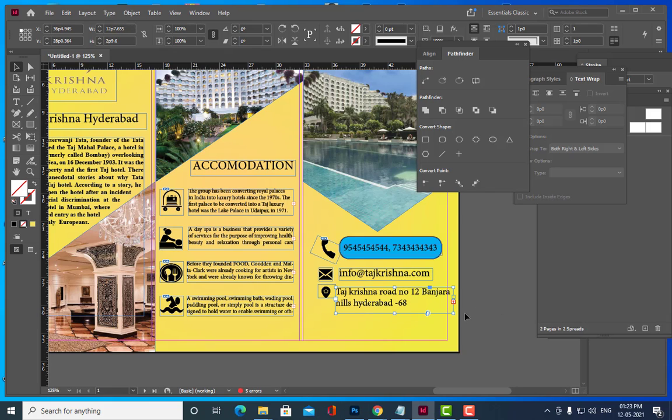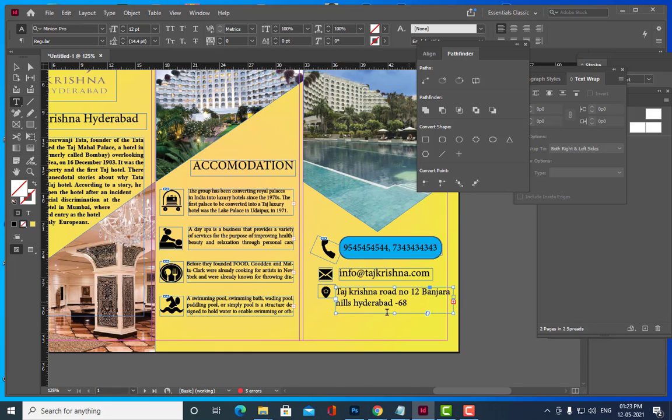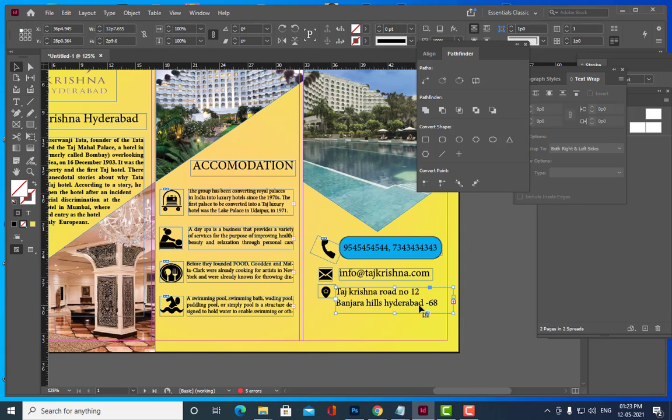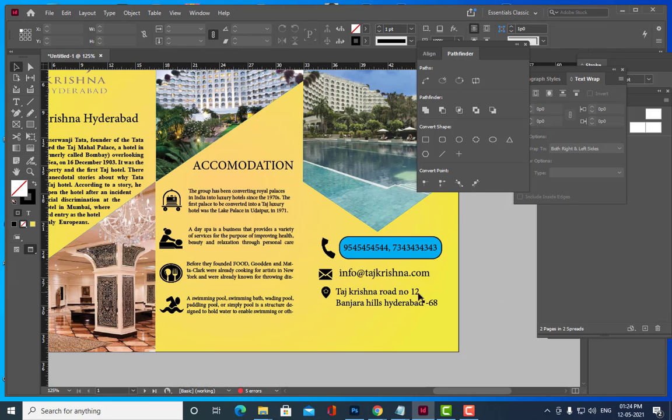See, make sure that it's not coming out of the margins. So what do you have to do? Like this. So it should always remain within the margins. Is it clear, all of you? Okay.